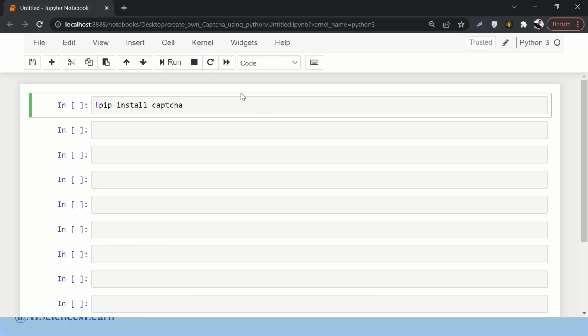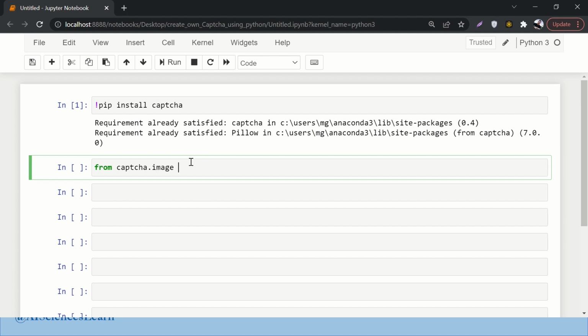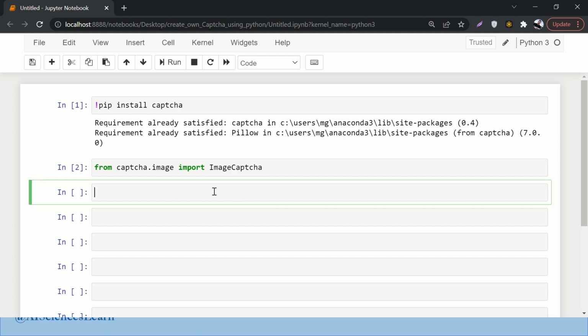So first of all, we are going to install the library. This is how we can install it. We will say pip install captcha. Since I have already installed it, it says requirement already satisfied. Awesome, great. So let's move on. Now I'll import it. I'll say from captcha.image, I want to import ImageCaptcha, right? So this is what I want to import, and here let's say cap, cap stands for captcha, so cap equals